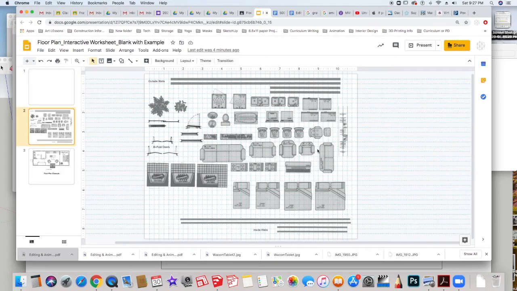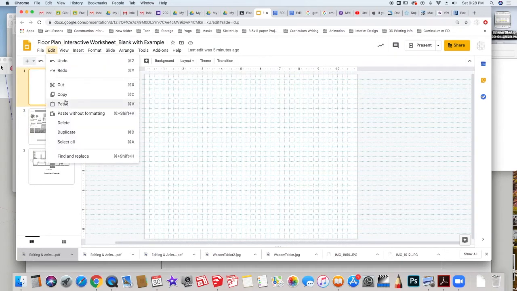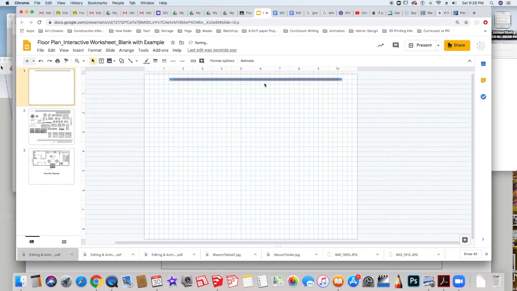These pieces are scaled already to our 1/4 scale. Right here you have outside walls and you have inside walls. If you are ready to put together your house, you can click on the individual wall, Edit, Copy, or the shortcut is Command C. Then you would click to your blank document, Edit, Paste, or Command V. Here we have a wall.